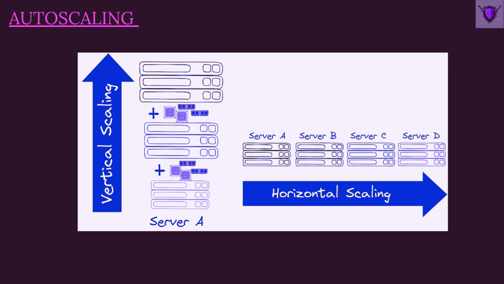Now, when we are configuring auto scaling, we have to decide the minimum and maximum number of instances that we want our application to have. So we can set the rules for when to add or remove instances based on metrics like CPU usage, and then testing how the application behaves under different loads would really help us configure these settings effectively, and maintaining